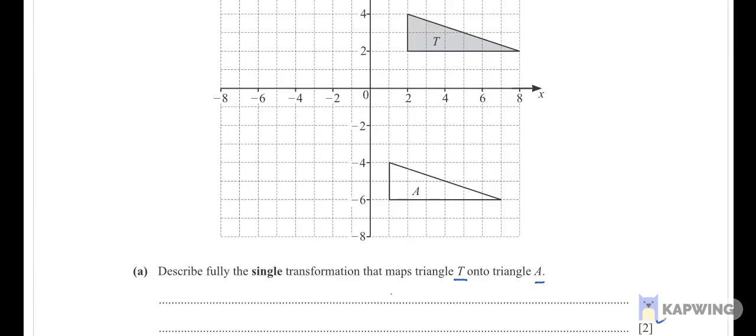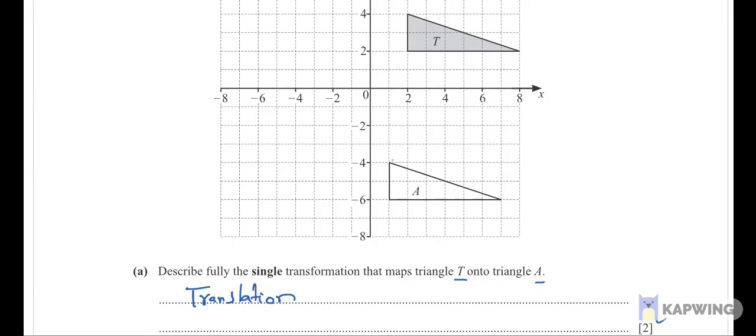If you look at that one, it's not looking at all like reflection. It is translation because just the position has been changed. If just the position is changed, so that is translation. So we will say, if we have to describe that one, it is translation. And translation has vector of translation.